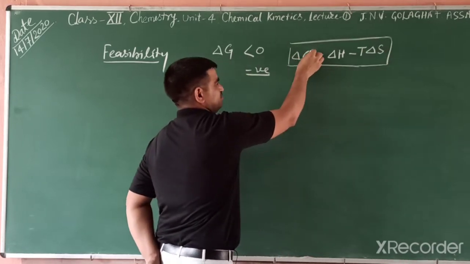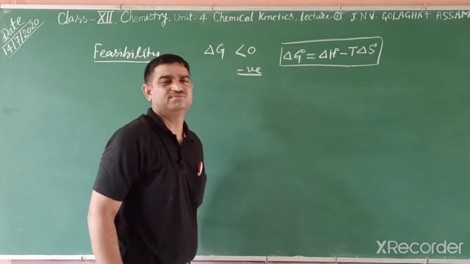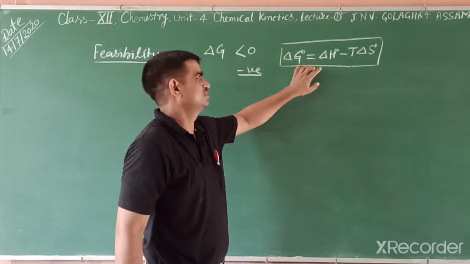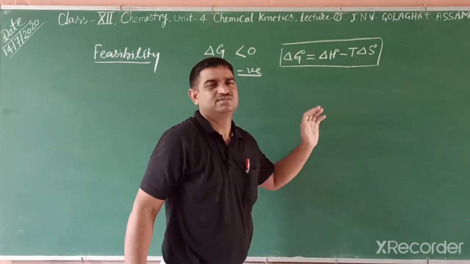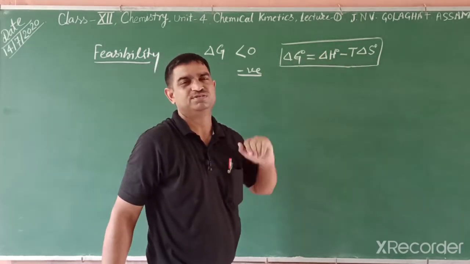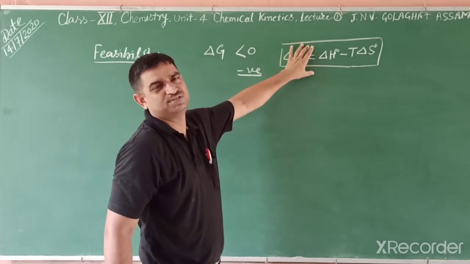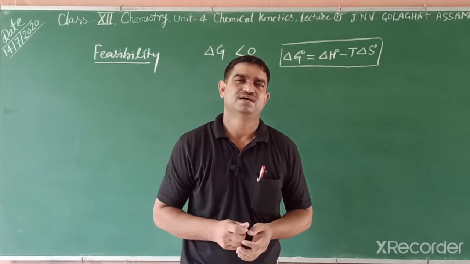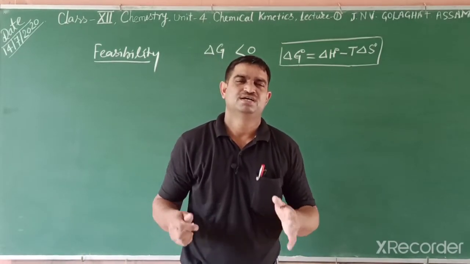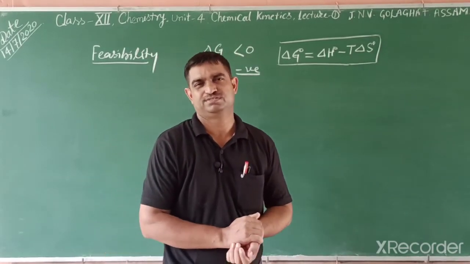If all are in the pure state, then we write a symbol like this. The Gibbs energy of reaction, enthalpy of reaction, entropy of reaction and temperature depend on these three parameters, and for spontaneity the Gibbs energy of reaction must be negative. This was already described in 11th class in thermodynamics. And in equilibrium we know to what extent a chemical reaction occurs.